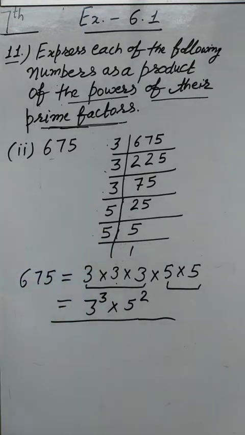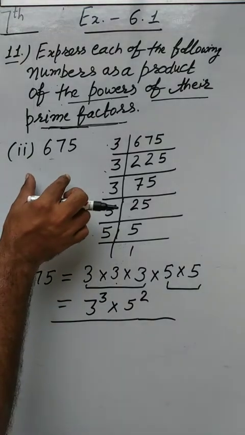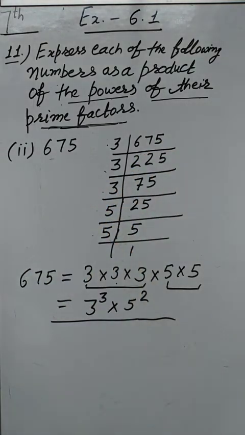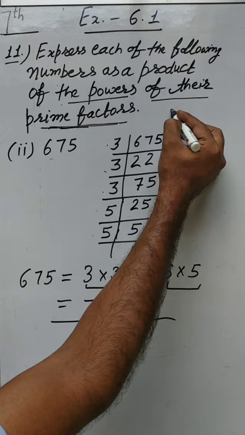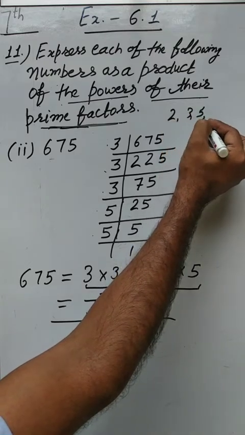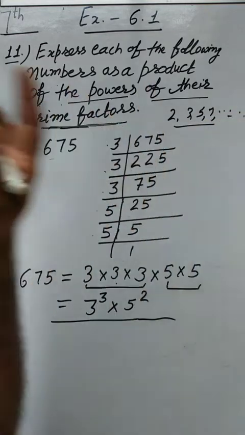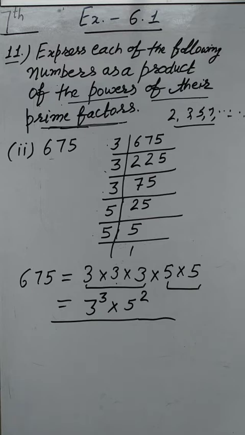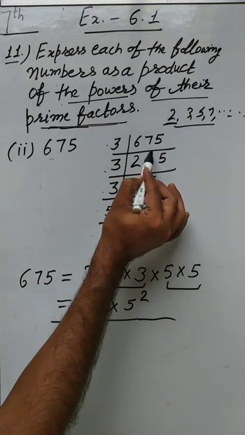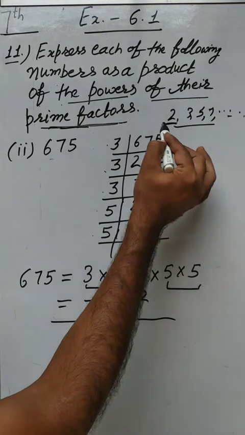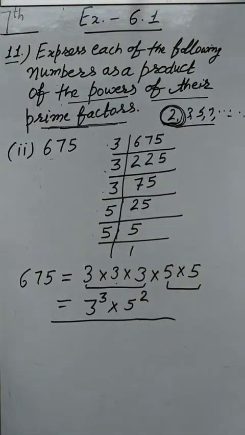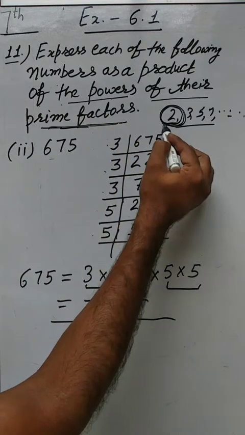First of all, find the prime factors. Whenever you want to find the prime factors, divide the number with prime numbers only. What are prime numbers? 2, 3, 5, 7, and so on. Divide only with these numbers. After 7, beta, the next prime number is 11, then 13, and continue. But the condition is, whenever there is an even number, the only even prime number is 2. So an even number is always divided by 2.